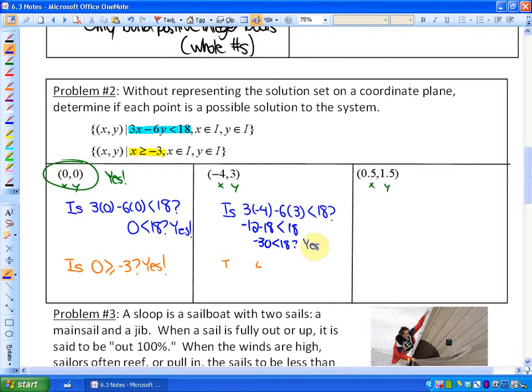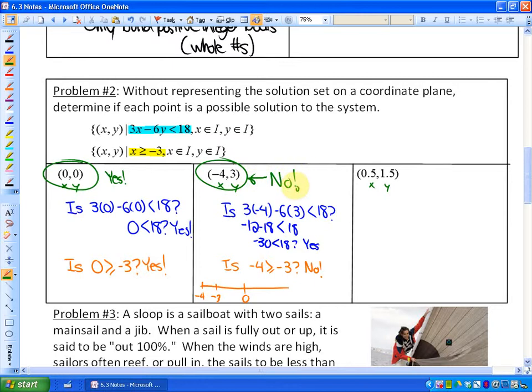However, we need to check the other inequality, which says, is x greater than or equal to negative 3? X is negative 4. So you're asking yourself, is negative 4 greater than or equal to negative 3? The answer there is no, because for negative numbers, the smaller the negative value, the actual larger it is. So negative 3, if you're looking at a number line, is actually larger than negative 4. Negative 4 is less than. So your answer here is no, which means that your answer to the original question is no,